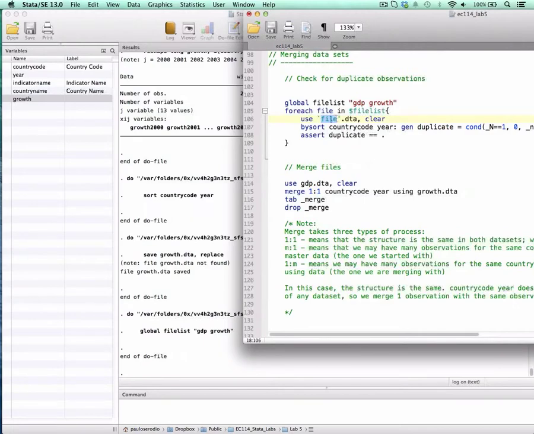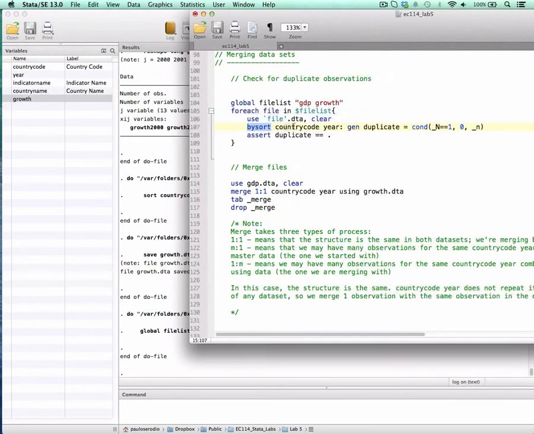So it will replace this whole expression with GDP, and then it will use gdp.dta, and then it will replace this expression with growth, and it will use growth.dta, etc. for all the elements in your list. It will use the file and